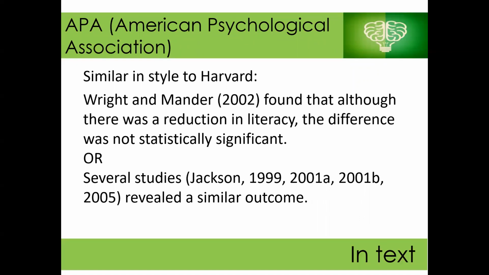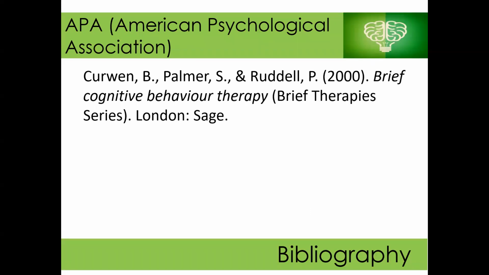The second example here shows how you can reference a number of studies, articles, or books, all written by the same person. Notice also the A and B next to 2001. This indicates 2 separate items published in the same year and allows for easy differentiation as to which one you're referencing. The APA bibliography is also very